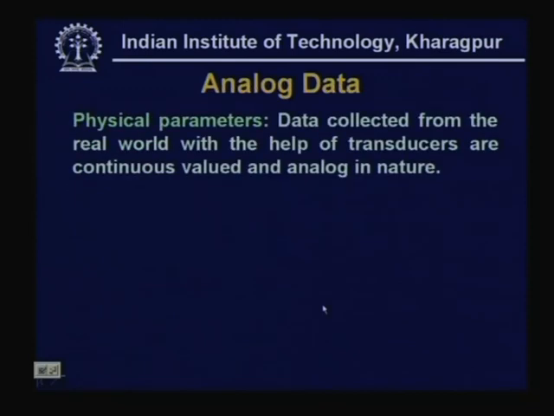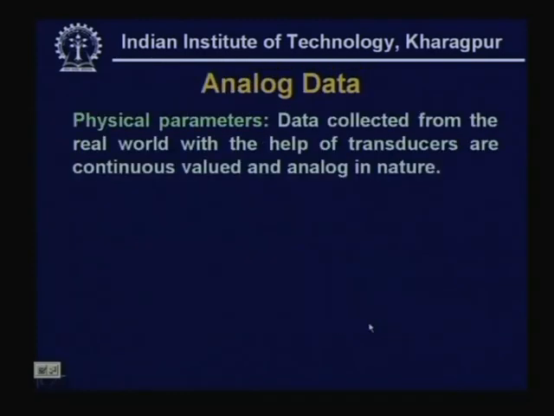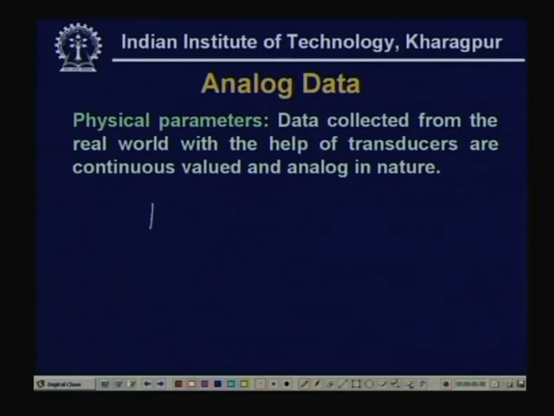Now, let us consider the third type of analog data, that is physical parameters. Physical parameters are essentially various parameters that we encounter in the environment. The world that we belong to is in the analog domain. That means all the physical parameters are analog in nature. For example, temperature, pressure,